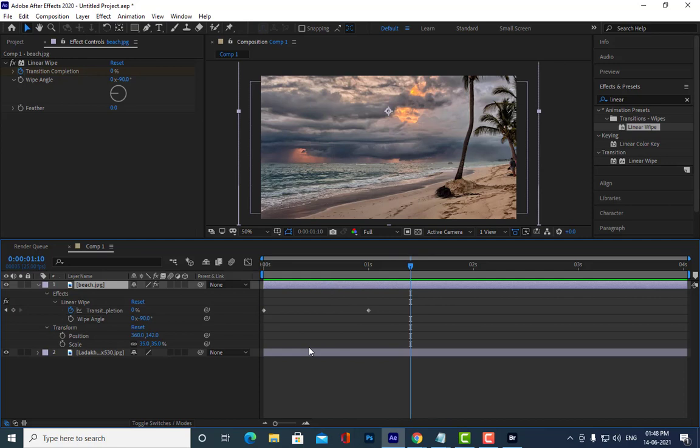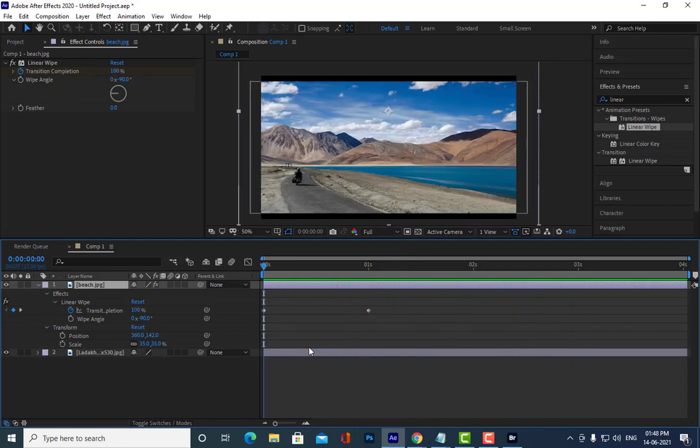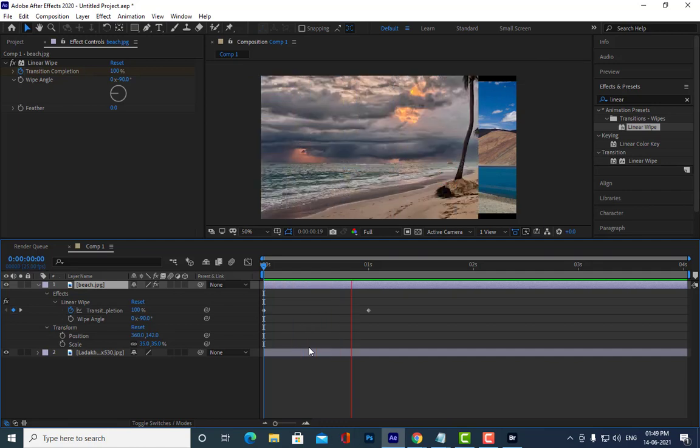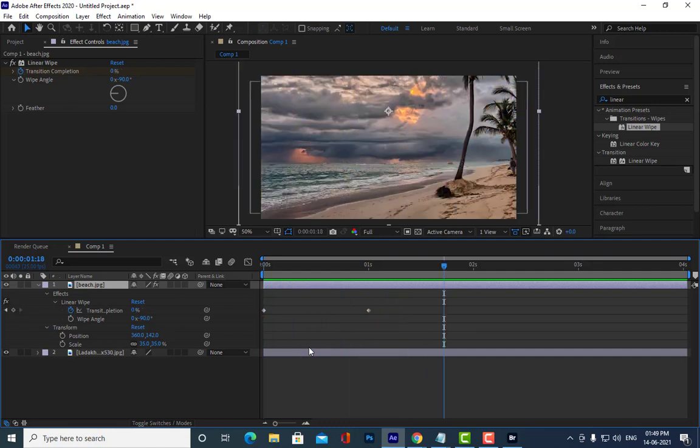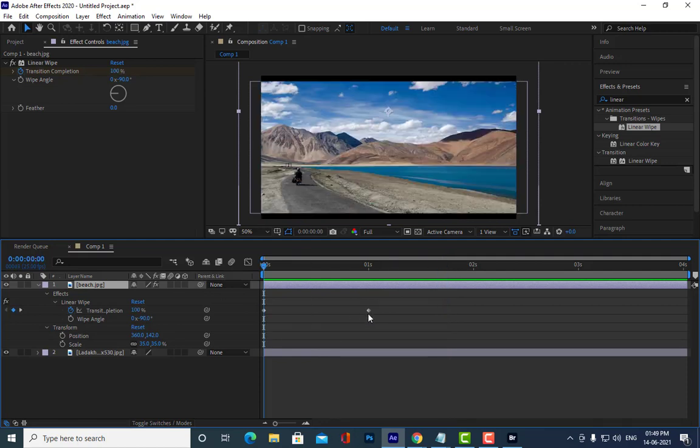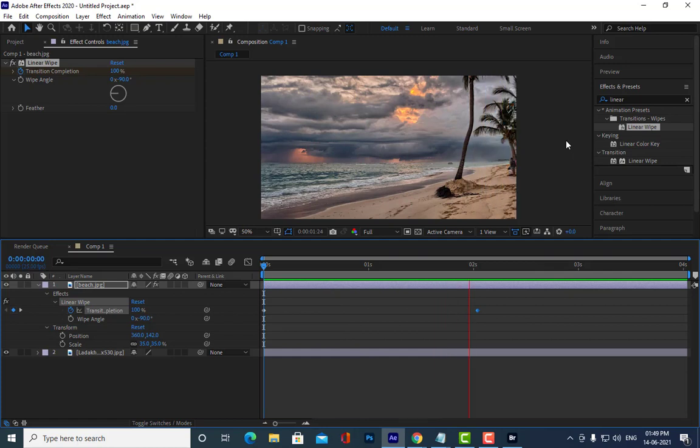Here we got a simple animation. Already it has animated, meaning we have not animated anything. It is already applied with some default animation, and we can change this animation actually. If you want the animation to play a little more slowly, you can increase it to 2 seconds and press space bar. Now it's playing very slowly.